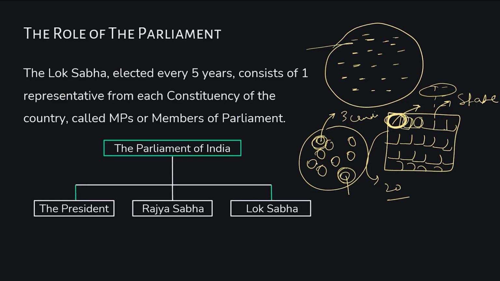And at the end, once the result is out, they see which party's elected representatives have been elected the most. Now let's say here 3 candidates were standing to get elected, and one of them belonged to Bharatiya Janata Party, one belonged to Aam Aadmi Party, and one belonged to the Congress, right? Now this could happen in every constituency.